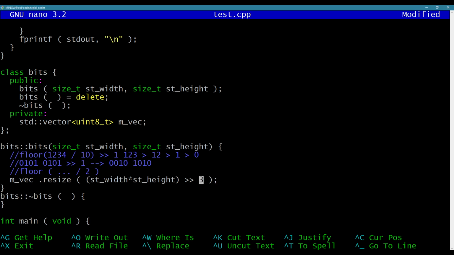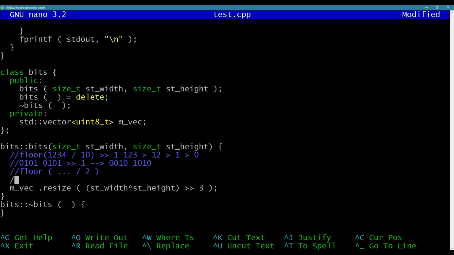So right here, if I'm shifting to the right 3 times, it's divided by 2, divided by 2, divided by 2. So if I'm dividing by 2 3 times, it's the same as dividing by 2 times 2 times 2, right? Which is 8. So a over 8, right? So if you want to divide by 8 really quickly, you can shift the bits to the right 3 times. It's way faster than dividing. Anyway,